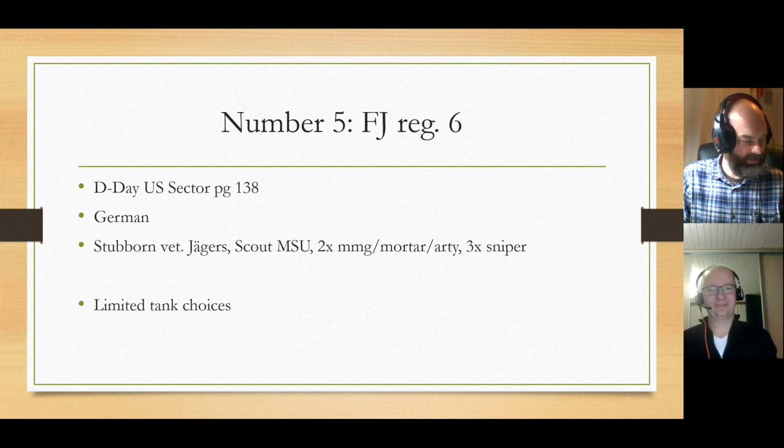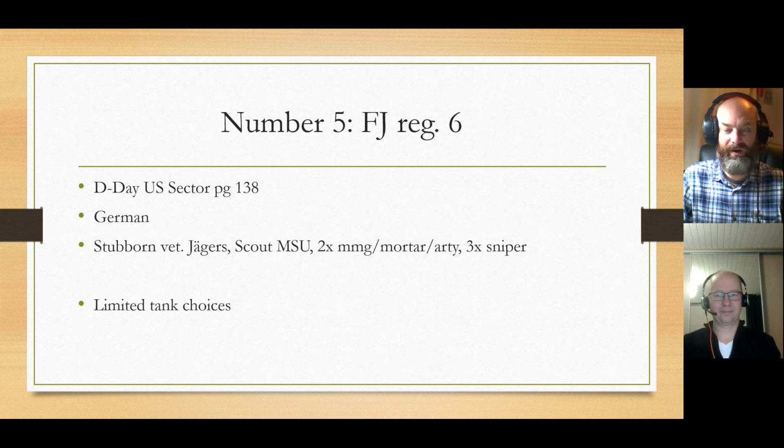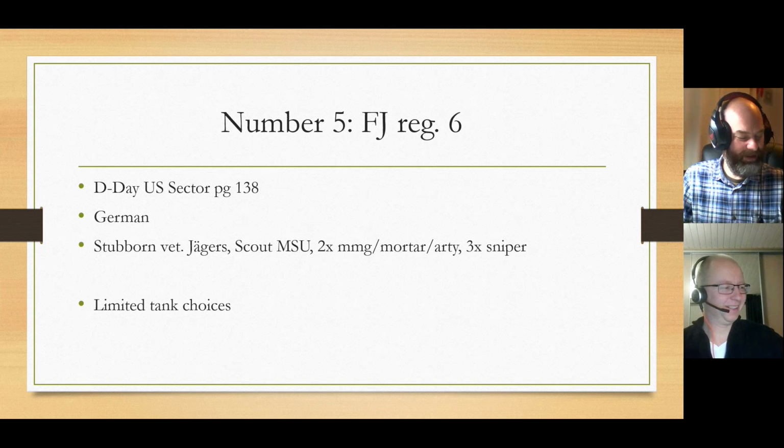So the compulsory choices: Fallschirmjäger Lieutenant, first or second. 2 infantry squads have to be Fallschirmjäger, late war. Who would have thought? I didn't expect that at all. So headquarters: Fallschirmjäger captain or major, 0 to 1, 0 to 1 medic, 0 to 1 observer,